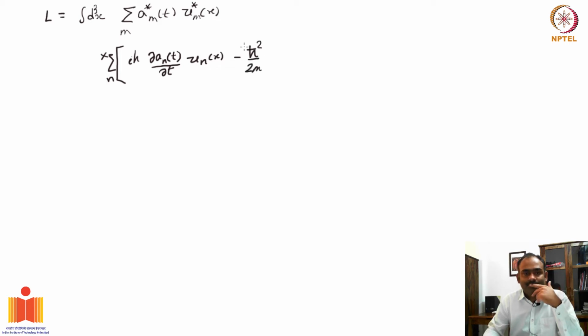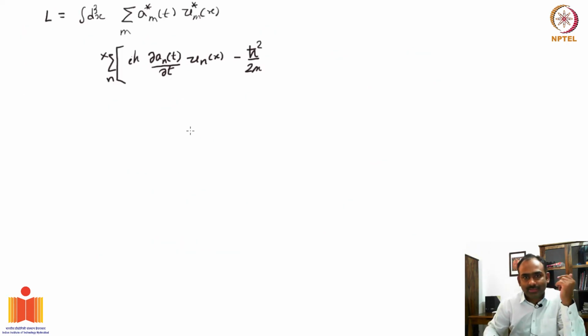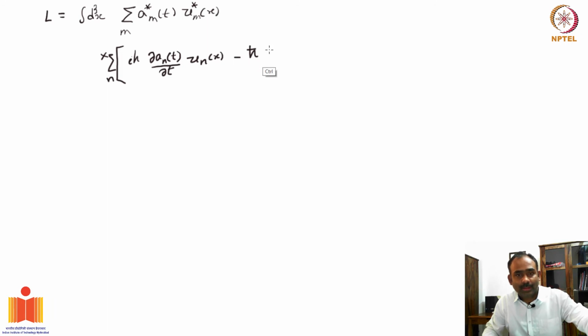Okay, did I make a mistake somewhere? No, minus h. Okay, minus h. So let me put a bracket here, it will be easier. Minus h bar square over 2m. Then we have, sorry, I don't need to do that. Sorry. Okay, so minus